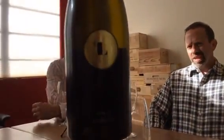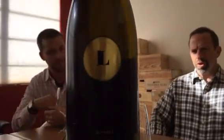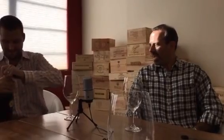All right. So today we have the 2006 Lewis Cellars Reserve Chardonnay. What can you tell us about this, Steve? Lewis is one of those wineries that has gotten great respect from Wine Spectator. I don't think it's ever gotten equal love from Robert Parker. It is what I find to be a very well-priced, ageable California wine. It's a big style. In its youth, it's the kind of wine that some would probably compare to Cougar Juice. But as it gets older...